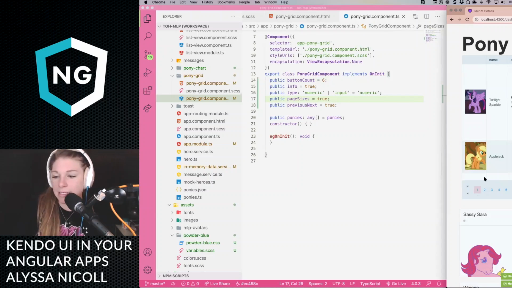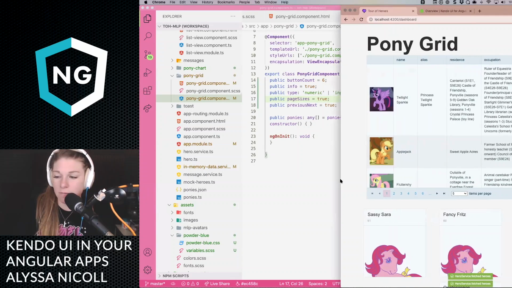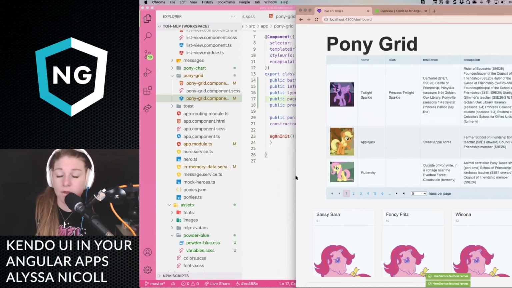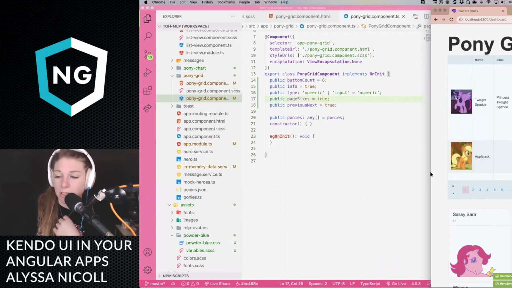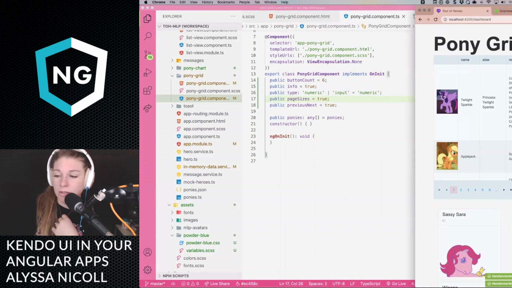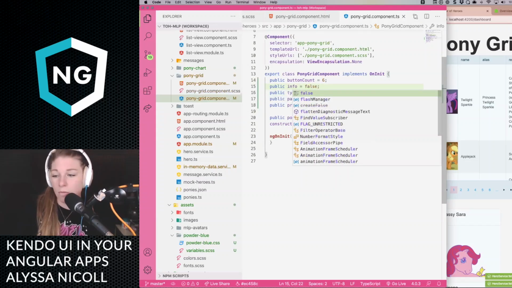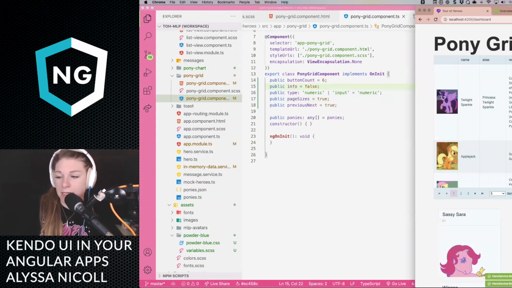The info is actually, I know we're really cramped right now. And so the info is scrolling on top of itself. Usually I would assume a grid, like if you're viewing a grid of this weight, you're not on mobile, but we can do mobile, and we could actually modify our pager styles so that these stack on top of each other. Or you could just turn off info to be false on mobile so that you have like a little less going on down there.